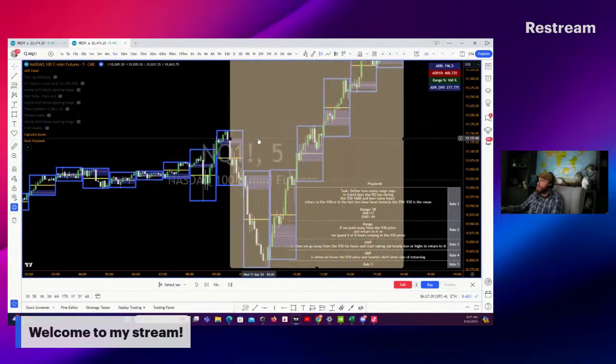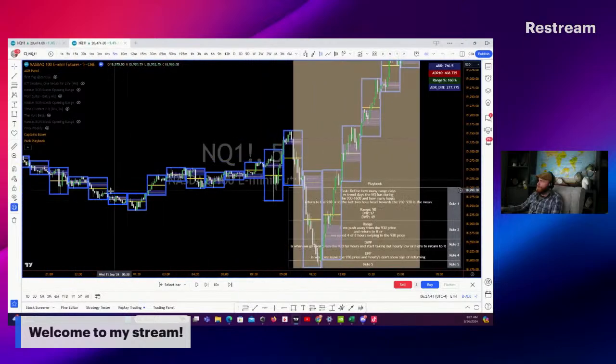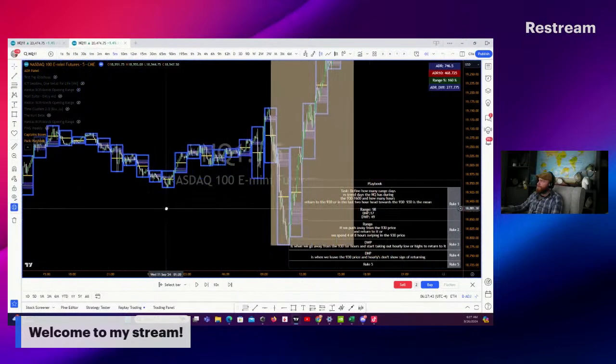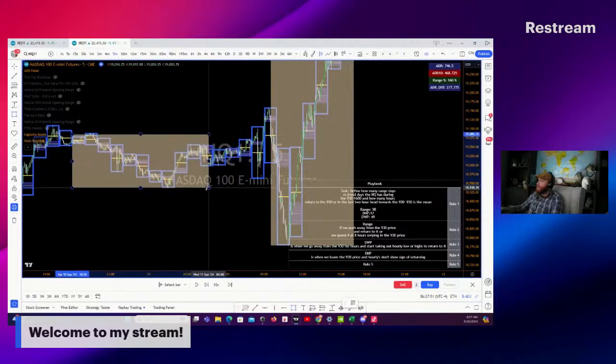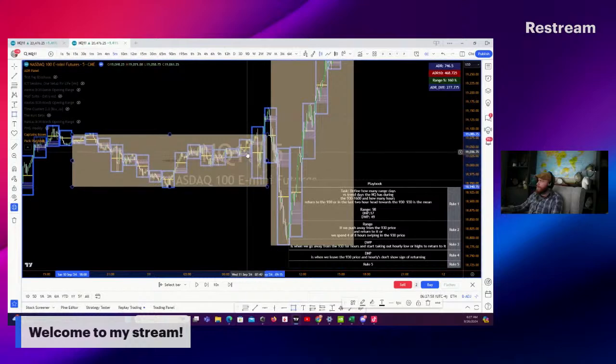And this is a good exercise for you all to go through, right? So we identify that 12-hour cycle from 1800 to 06, high to low,